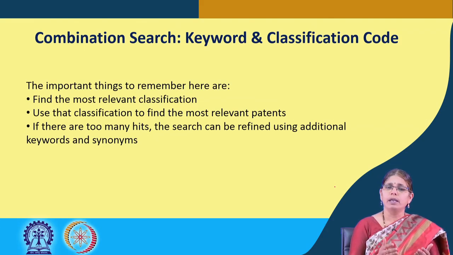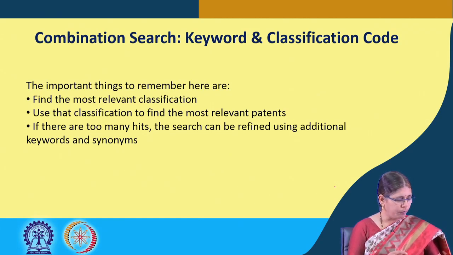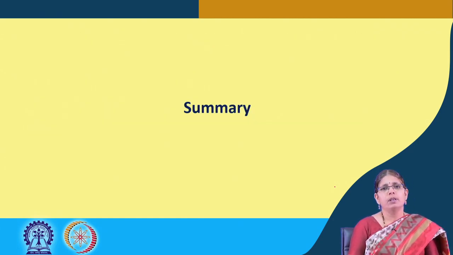So, identifying the pilot study with a set of keywords and then some IPCs gives you an idea about what are the relevant keywords and the relevant IPC codes, and based on that you create what we call the combination search. So, the summary